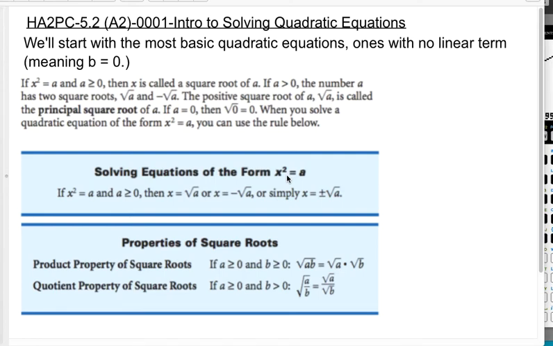All right, this is Honors Algebra 2 Pre-Calculus. We're doing 5.2 in Algebra 2, which is Intro to Solving Quadratic Equations. So we're going to start with the most basic quadratic equations, ones that have no linear term, meaning b is